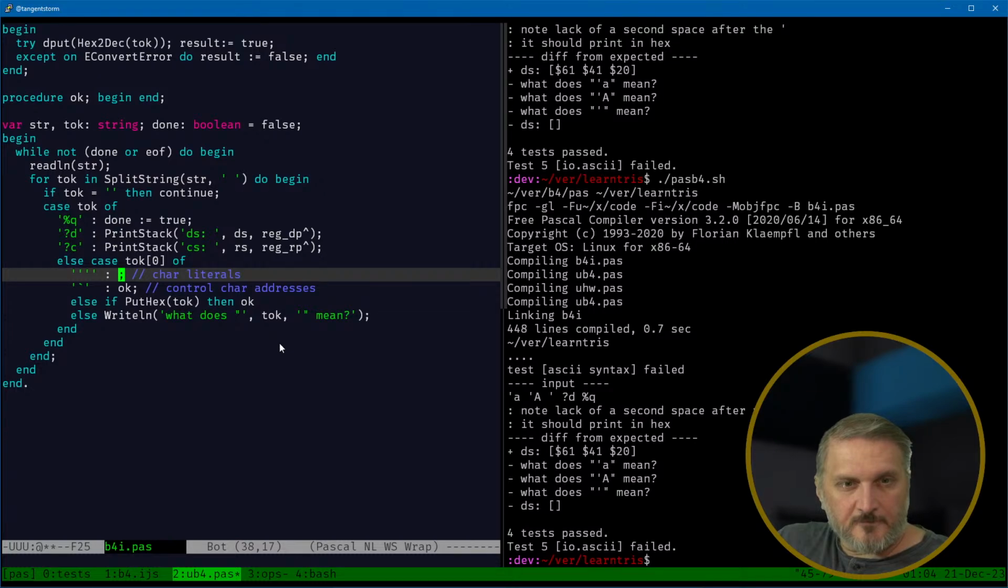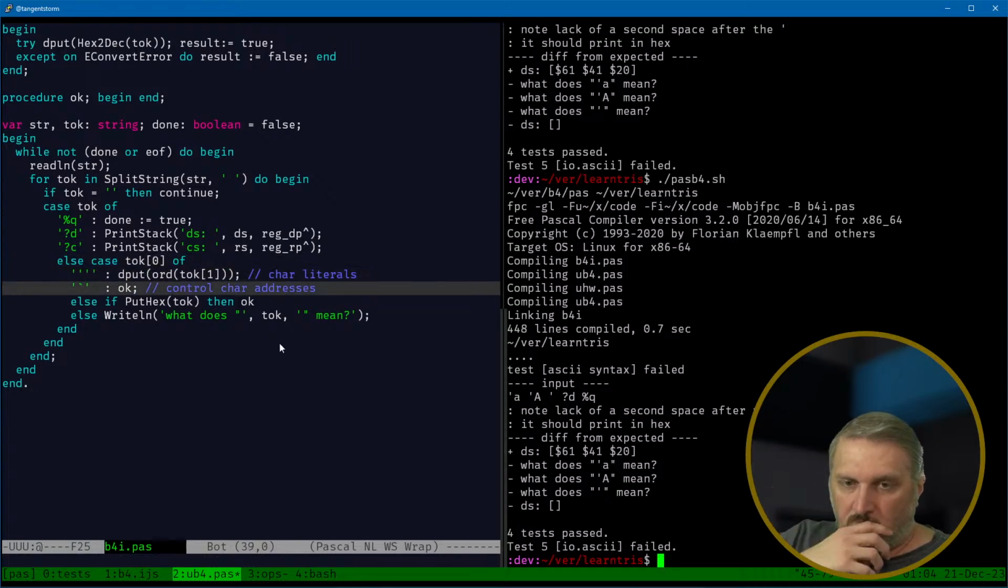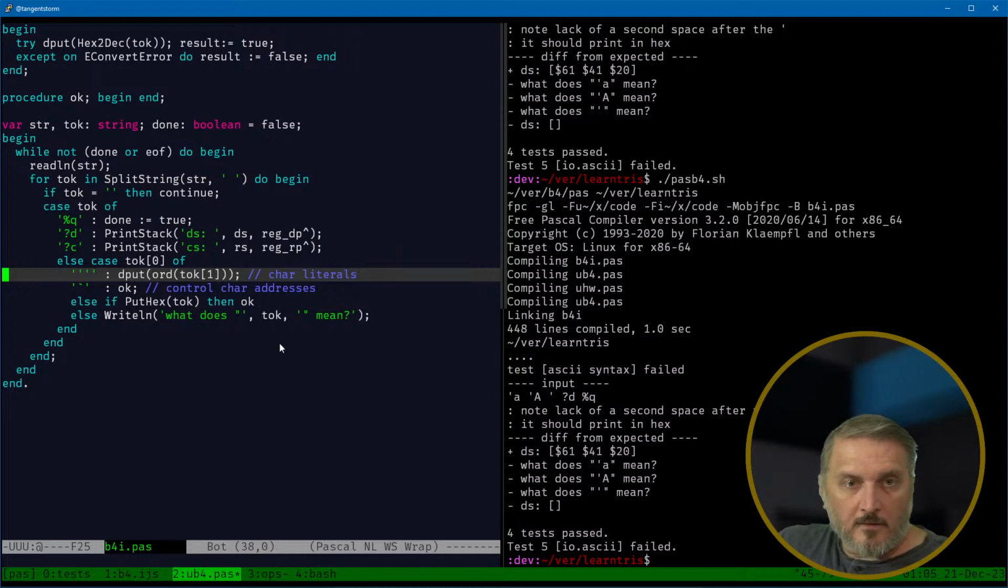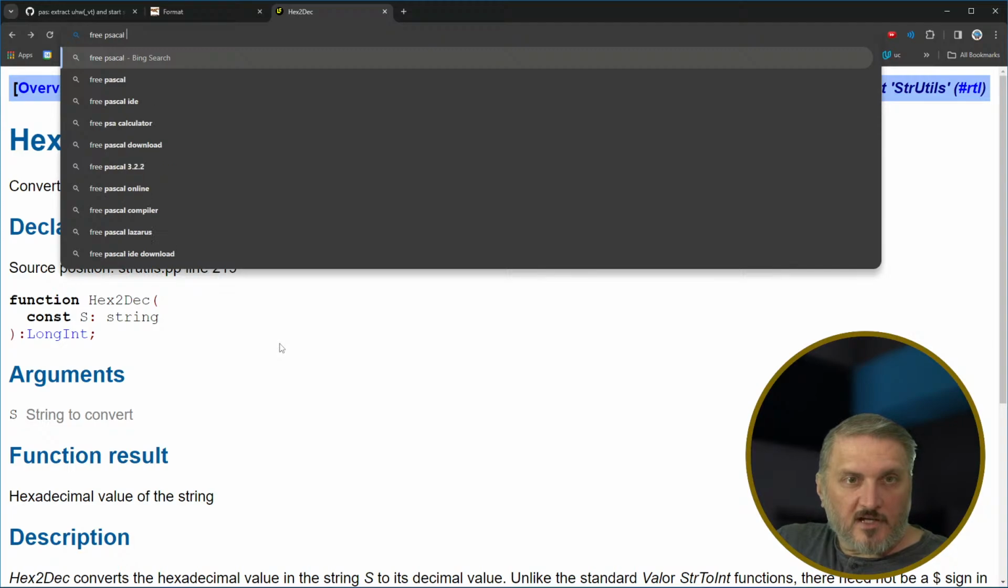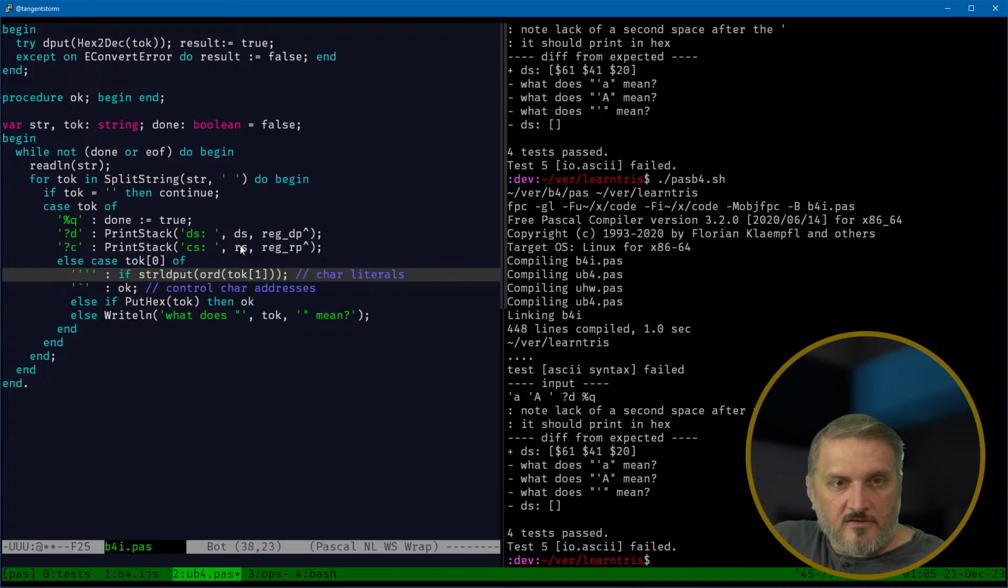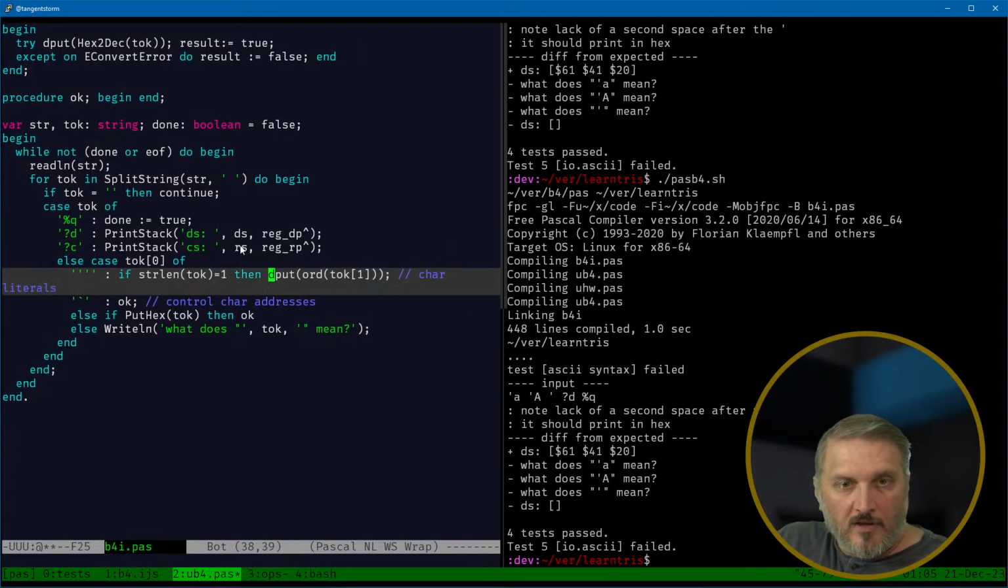And so what we want to do here now is we'll say push. We'll just say dput toke1. We'll dput ord of toke1. So if you put a quote A, it's going to put like 65 up there. Quote capital A is whatever the other. Oh, okay. Oh, that didn't work. Note a lack of second space after the so if I say the length of the string, Pascal, that's string, right? And this is string toke equals 1, then dput ord space,